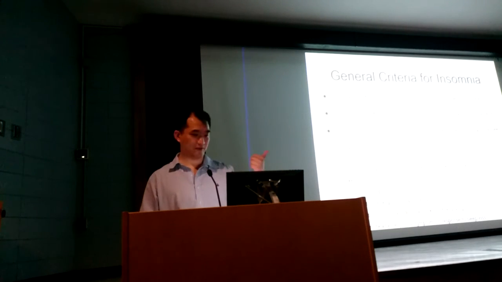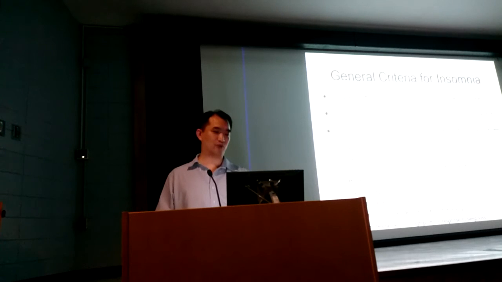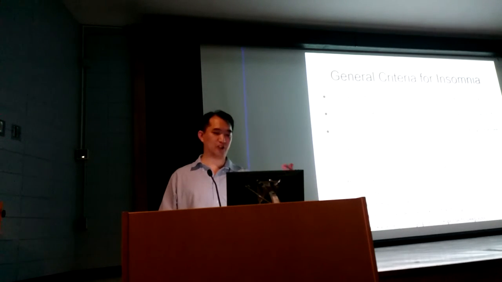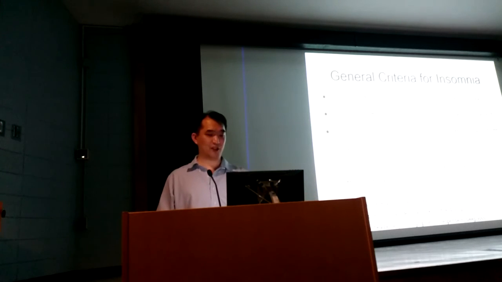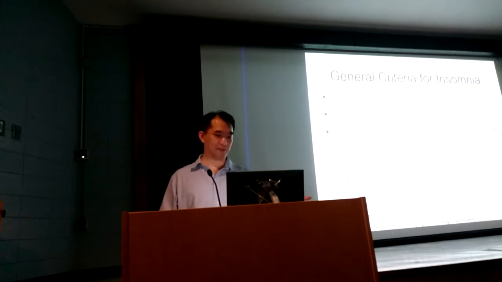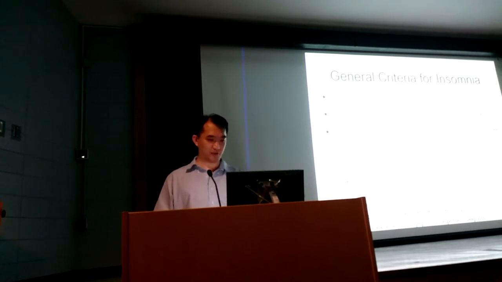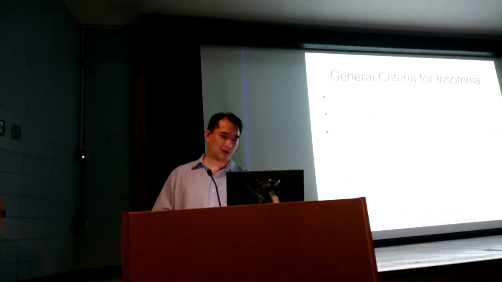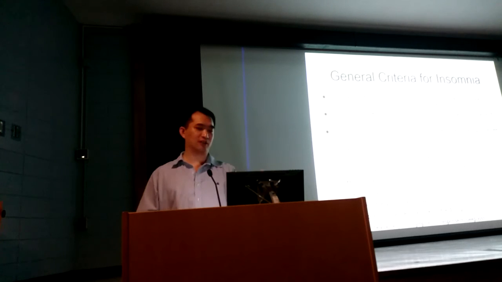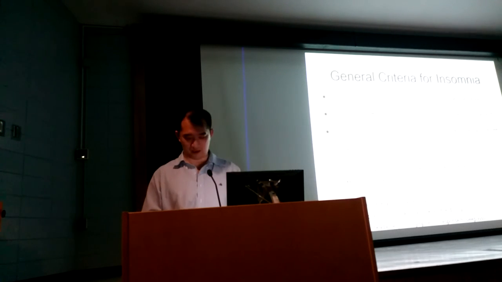So basically, you must be feeling tired, you have trouble with memory, concentration, you have social dysfunction, poor school performance, mood disturbance, daytime sleepiness, energy reduction, motivation reduction, you're prone to errors or accidents at work or driving, or tension headaches or systemic symptoms. So these are not only criteria, but these are also the consequences of insomnia,